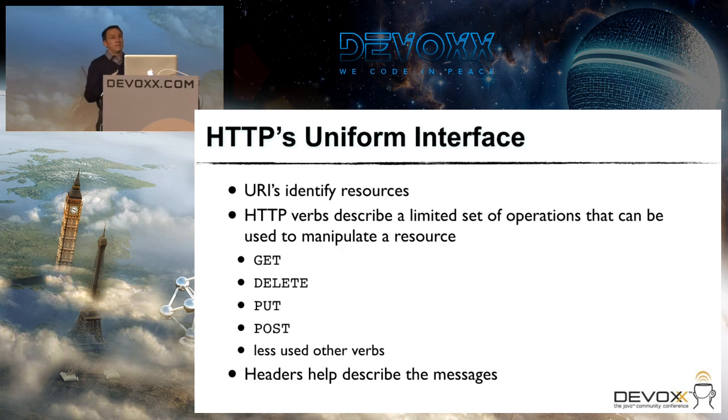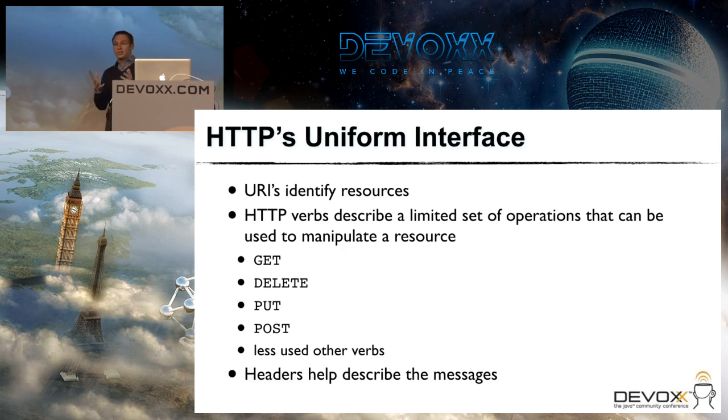Now, how do we manipulate one of these resources? In HTTP, we're actually dealing with a very limited set of operations that you might want to use to manipulate a resource. And this is where people get really, really tense, right? Because HTTP basically gives us the ability to say, I want to get something, I want to delete something, I want to put something, I want to post something there, and a couple of other lesser used verbs that you might see in HTTP. But fundamentally, everything that you should be able to do to a resource needs to be covered under these big four